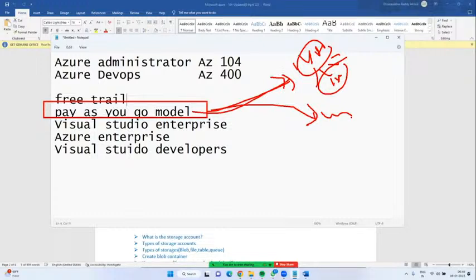So the budget will be stopped. The project is over, we have destroyed the services. That is how organizations use these subscriptions. If you need 3 years, 5 years, or 10 years, they will go for Azure Enterprise. That all depends on business requirements.